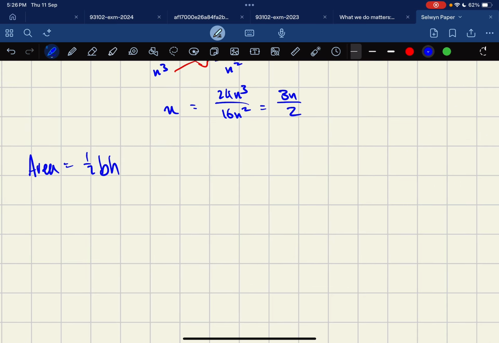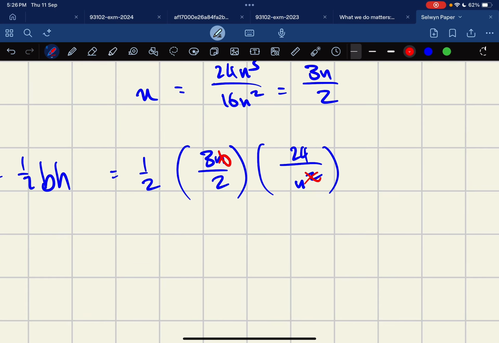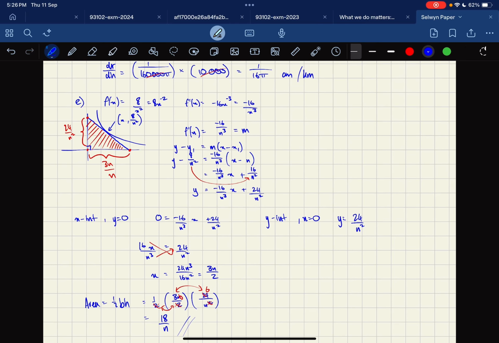So this is half times the base, which is 3n over 2, times the height, which is 24 over n squared. So you can see that the n's cancel out over here, one of them. 2 times 2 is 4, and then 24 divided by 4 gives us 6. 6 times 3, it gives us 18. So this is 18 over n, and that is my answer. Okay, we can move on to